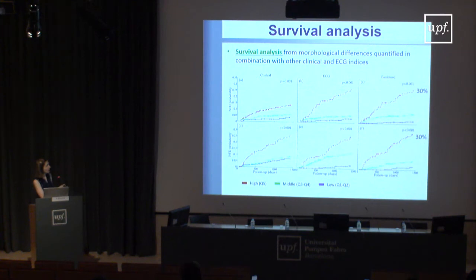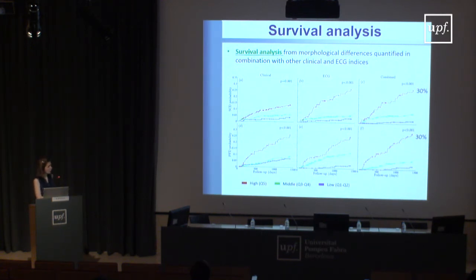If we use the clinical data, as the cardiologists have in their practice, what we could do is to separate the high and the low risk groups with this difference. So not much difference in terms of separation according to the risk of dying from sudden cardiac death. However, if we use the ECG markers, and in particular the two markers I was mentioning before, we get a much higher separation between the low risk and the high risk. So we can better identify patients that are at high risk. And if we combine the clinical and the ECG variables, we are doing more or less the same as we did with the ECG markers.